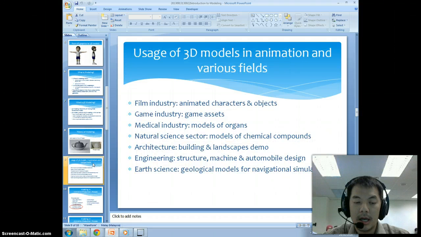Next, we're going to see how we can use 3D models in animation and in various fields. In the film industry, 3D models are normally animated characters or objects. And in the game industry, they become game assets. In the medical industry, 3D models can become the models of organs, in which now we have 3D printer. We can print out the model like the